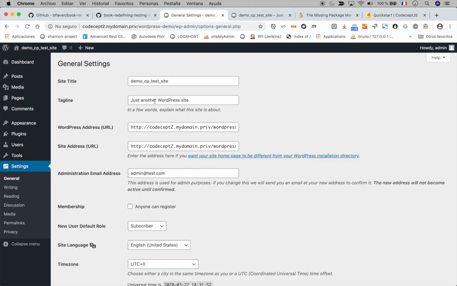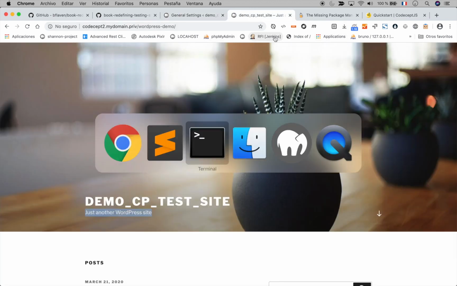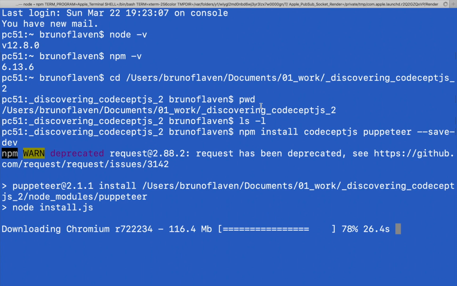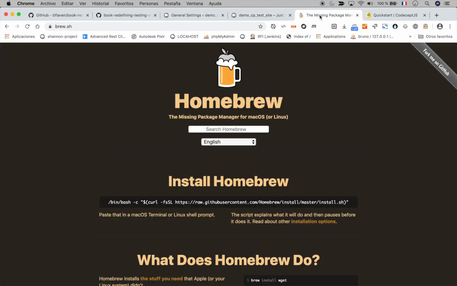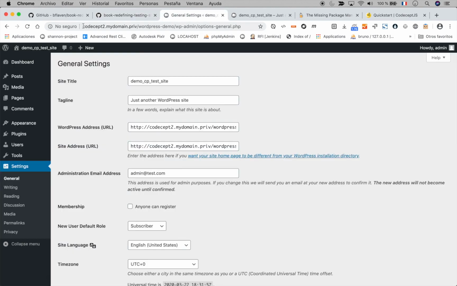Okay, so you can see that it's here, and I'm going to test it very quickly. So basically, that Chromium is okay. Yeah, it's still remaining a few seconds. Okay. So, and also in this